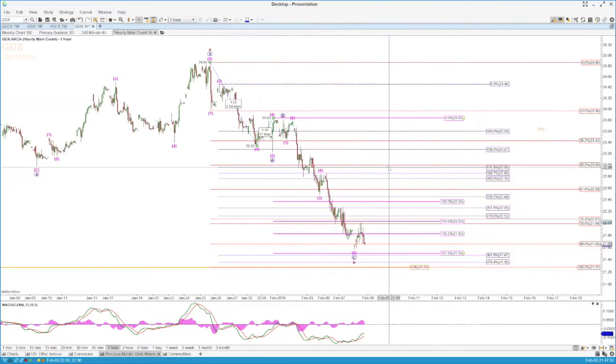So I've taken a half position long in NUGT today, which is the 3 times long leveraged ETF on the GDX. And I think the entry was 23.84. There's a trade alert entry in the live trading room, and those stay up even when the room's closed if you need to go in and look at it. You'd probably get a fractionally better entry than that now, and you can buy it after hours if you haven't bought it already. So leveraged long play to the upside, either for just a wave 4 up to here,